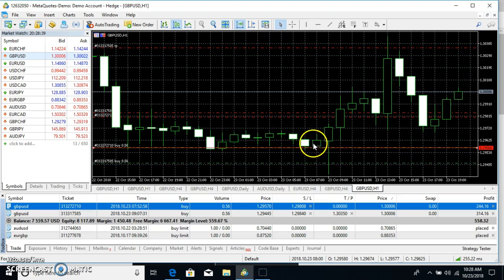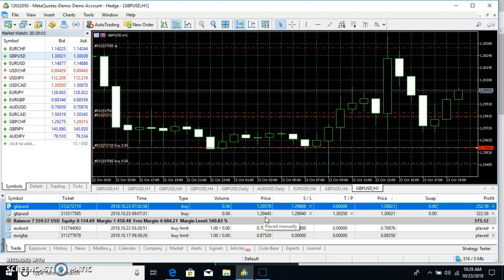So I put in a pending order at 1.2957 in this area. It goes down. I see it going down as I see my pending order take place. So I said, let me get in another buy. So I got in at 1.2944. But I actually got in three. I got in as it went down farther. I took three and got in at